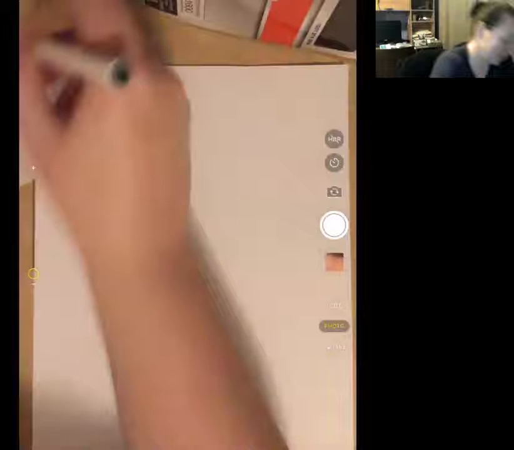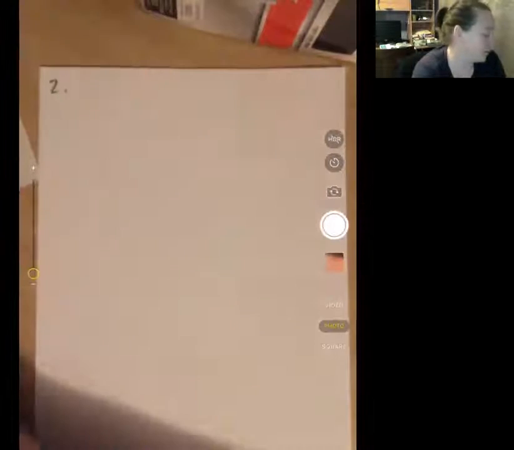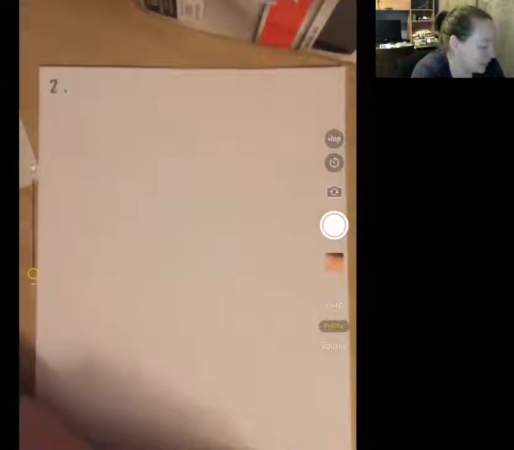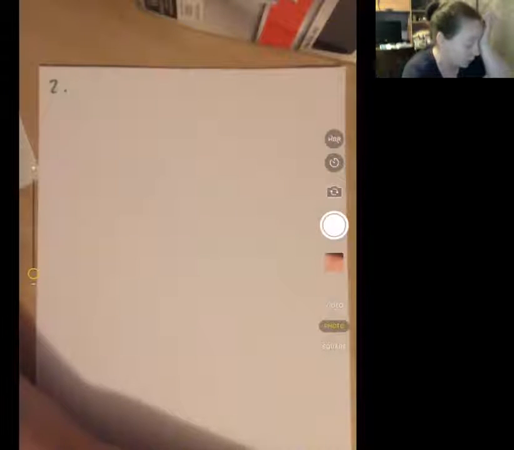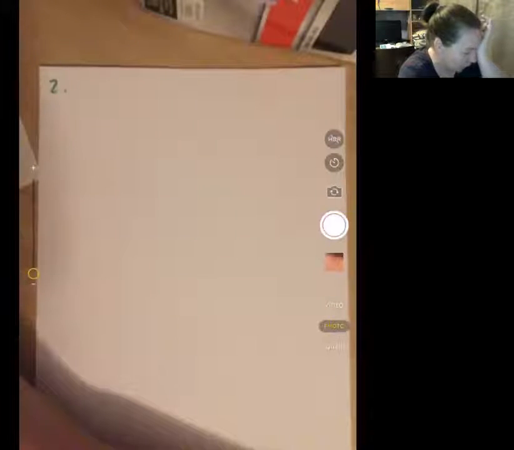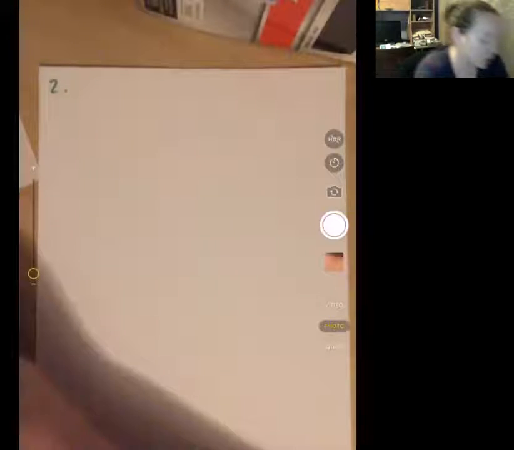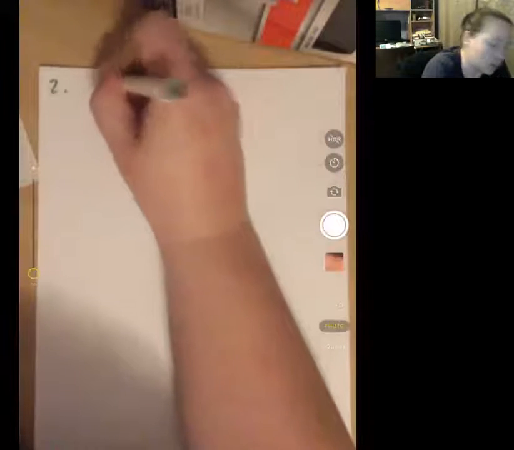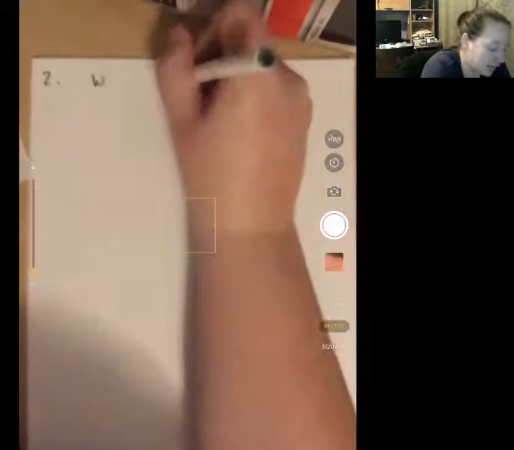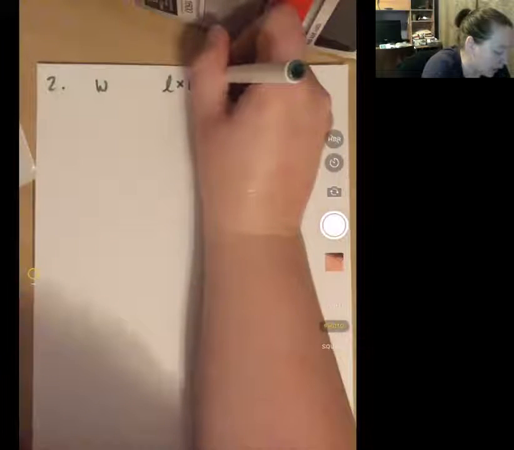Number 2 says Marisol is painting on a piece of canvas that has an area of 180 square inches. The length of the painting is 1 1/4 times the width. What are the dimensions of the painting? So I have what I think the width might be. I have the length times 1 1/4,